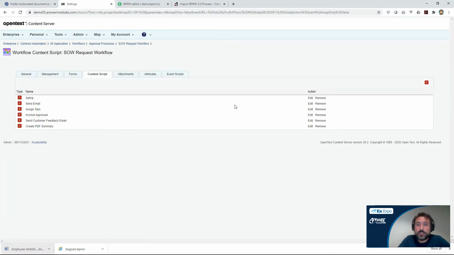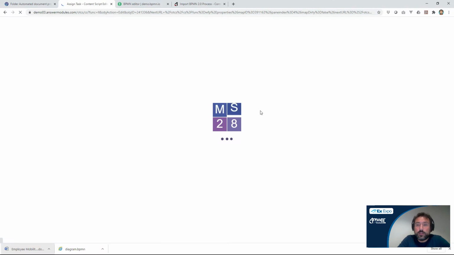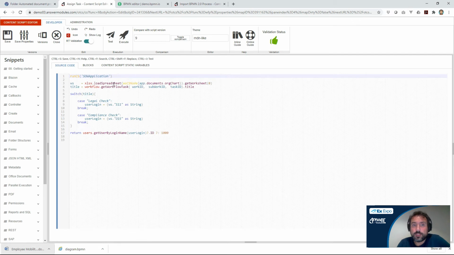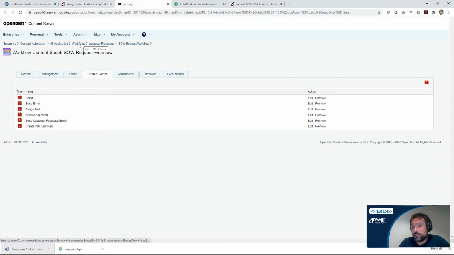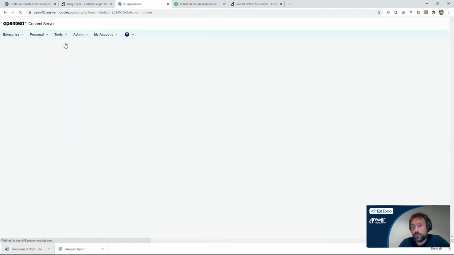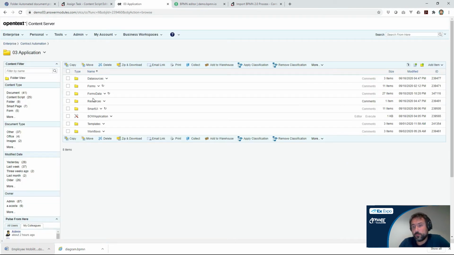And if we look at the assigned task script, which is super nice, you will see that we are basically leveraging the APIs that Module Suite has for interacting with Excel documents in order to read the information stored into specific cells, so S11 or O15, and utilize this information to assign steps, which means that we can now basically offer our business a way to control their workflows and the assignees of the workflow steps